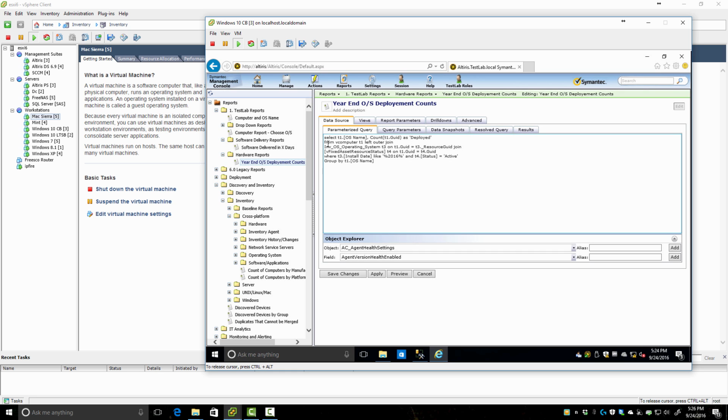Select that from that. Alright, this is an old report. I don't do them this way usually anymore. I kind of have cleaned them up. Alright, so select that. Where install date like